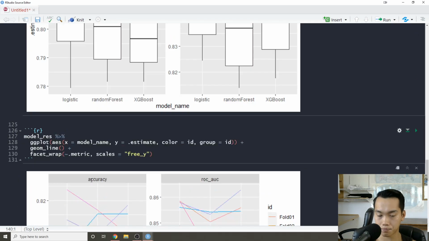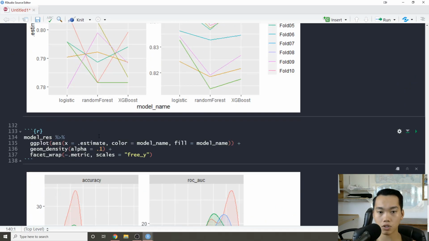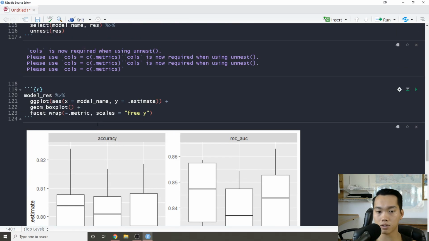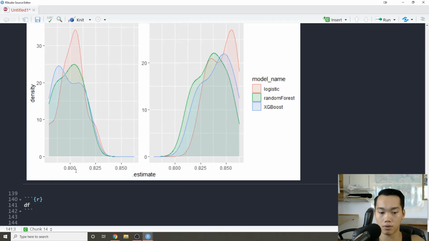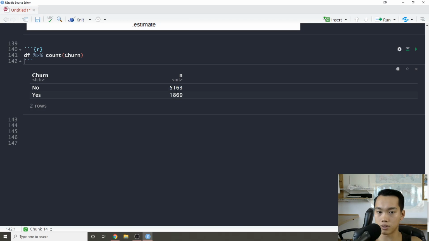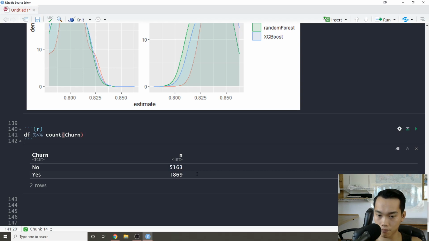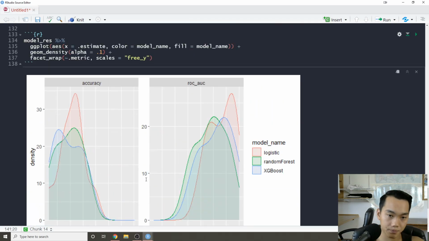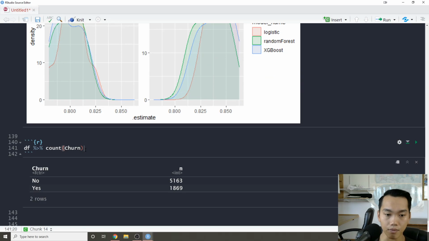One thing that I would say is when you're trying to evaluate models, it's nice to have a secondary metric. On one hand, since our data set I think is relatively even, if we look at our DF and do a count, oh, so it isn't very even. Since our data set isn't as even as we thought, because I didn't really look at it, we can see that accuracy is not our best metric. In fact, what we should really be looking at is ROC AUC,